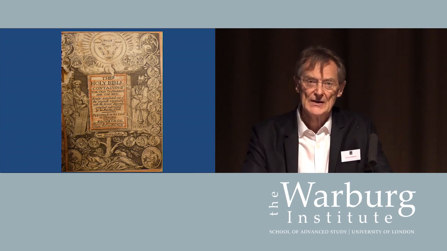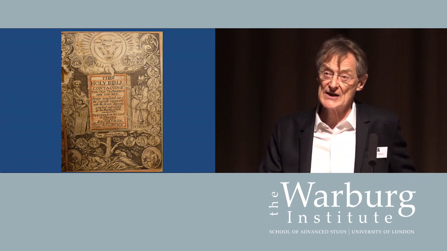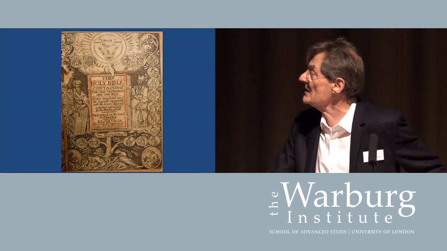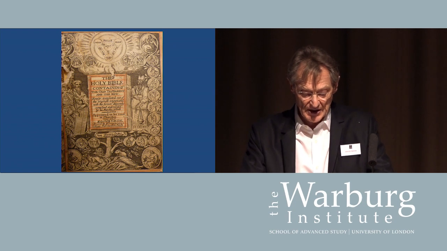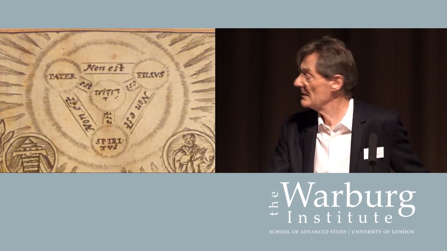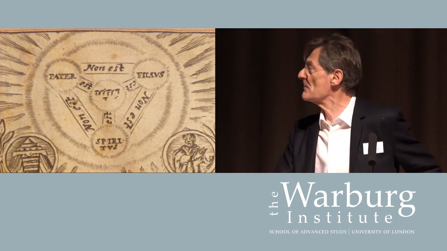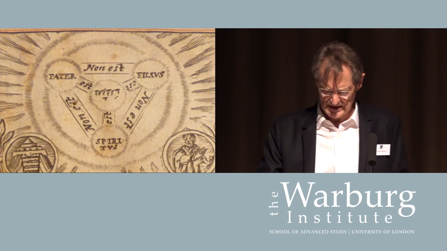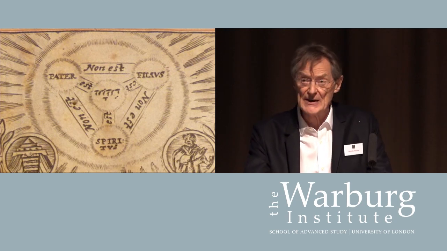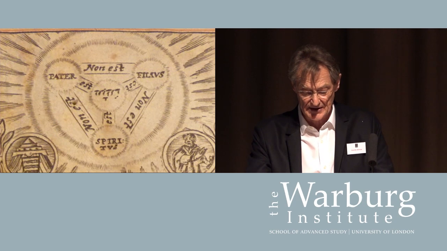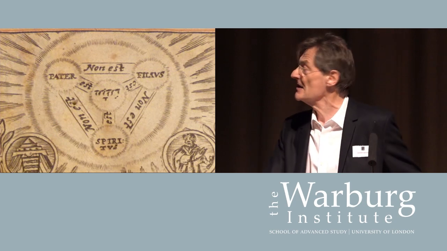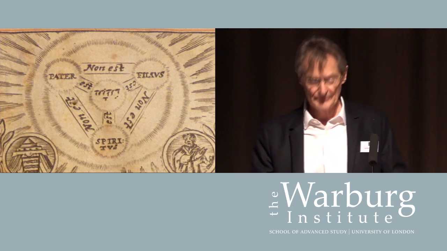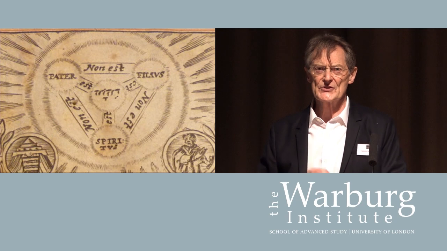Here you have the frontispiece of the authorized version for use in Scotland, and you don't just see the usual triangle within a circle. If you go into close-up, you see an attempt for the benighted Scots really to explain the Trinity. So written across the timetable is the affirmation that the Father is not the Son, and the Son is not the Holy Spirit, and the Spirit is not God. But we're also told that each of them is God. I don't know if the Scots got that, actually.